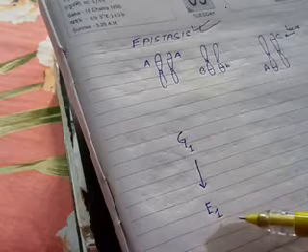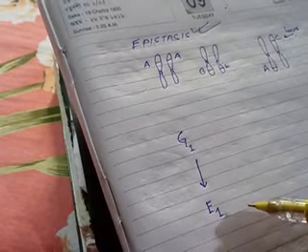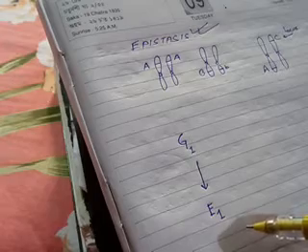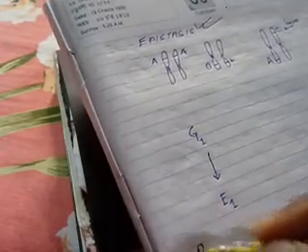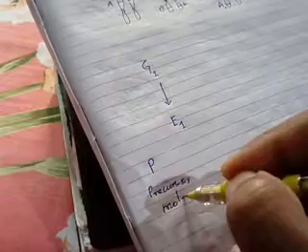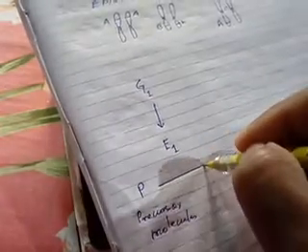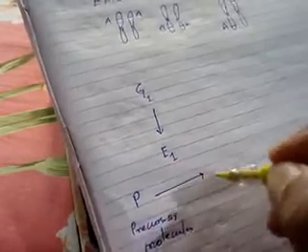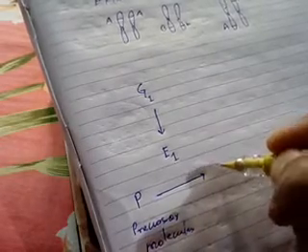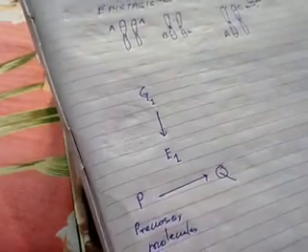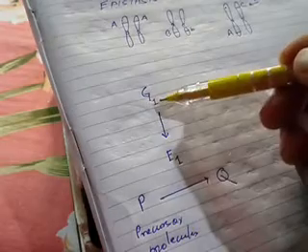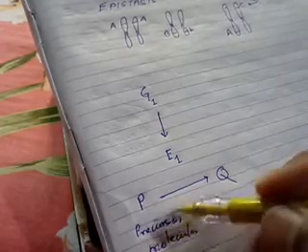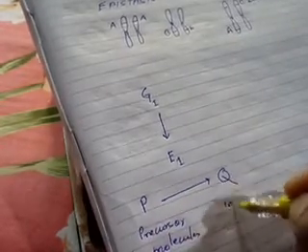Because of this enzyme E1, a precursor molecule, suppose P, is changed from P to Q. Suppose let me write Q. Because of this enzyme E1, a precursor molecule P is converted to Q, but it is an intermediate,